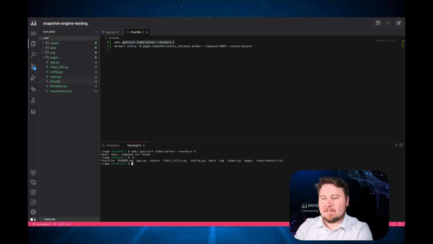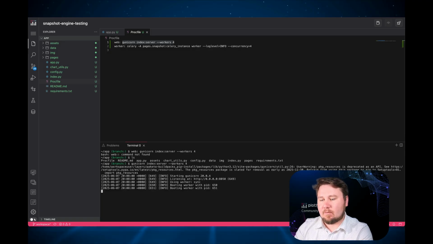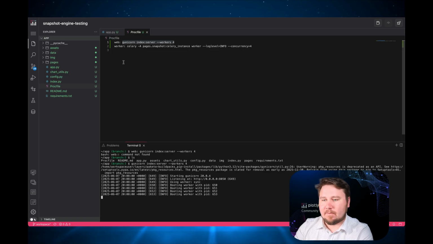As you can see, I messed up there because I grabbed the whole line, but ideally if you want to run each section, you're just going to want to grab the Gunicorn and then the Celery script itself. So as you can see, I copied everything outside of the web, and then I'm going to paste that, and then it will start running. So there we go. Now I'm going to copy the Celery part, and then I'm just going to go over here,